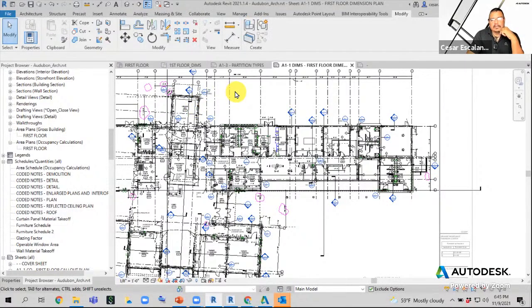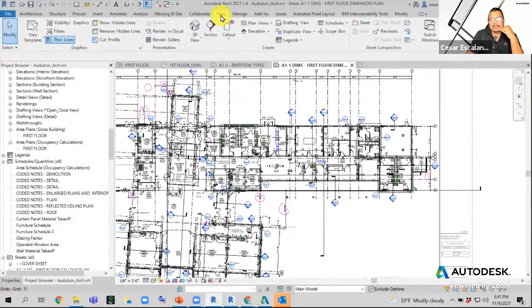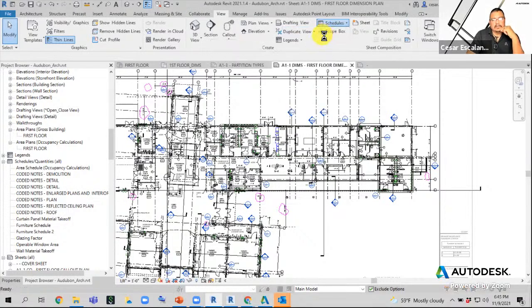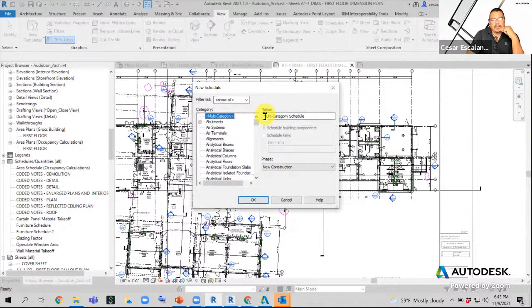So it's like the schedule of revision clouds. So you go to the View tab and create a schedule, schedule of quantities, and then the category you want to pick is the